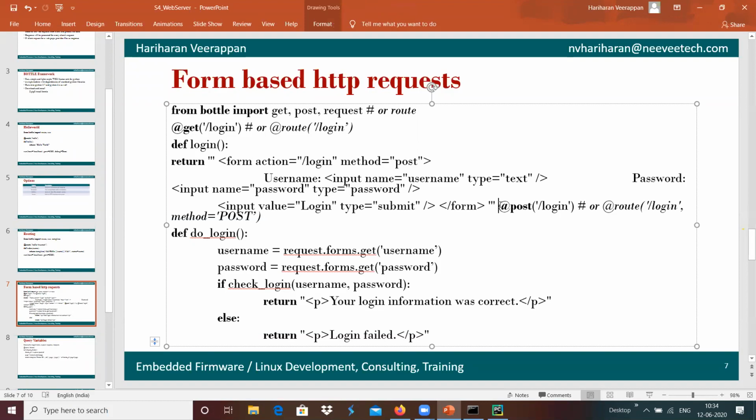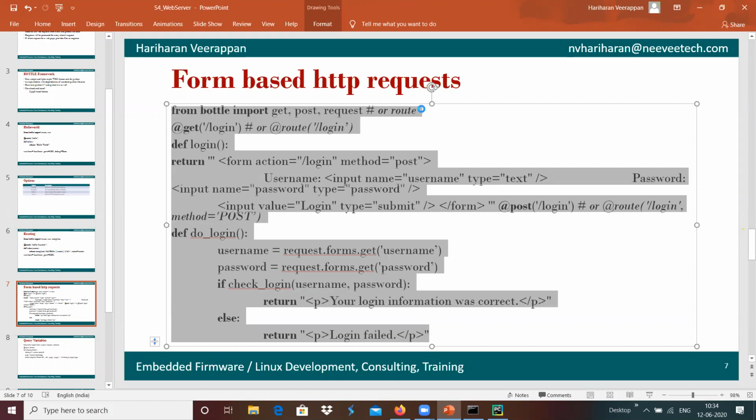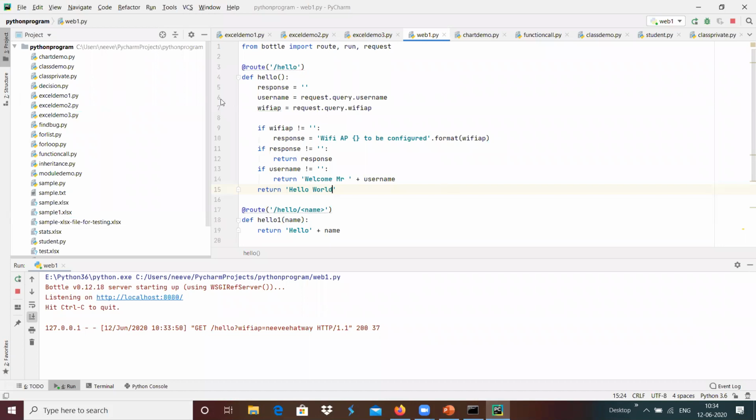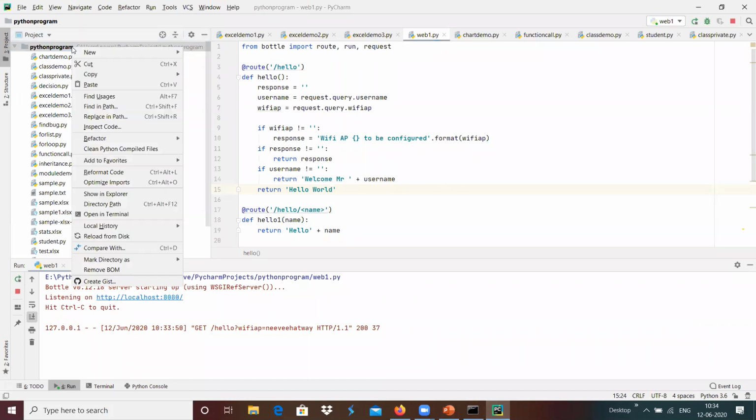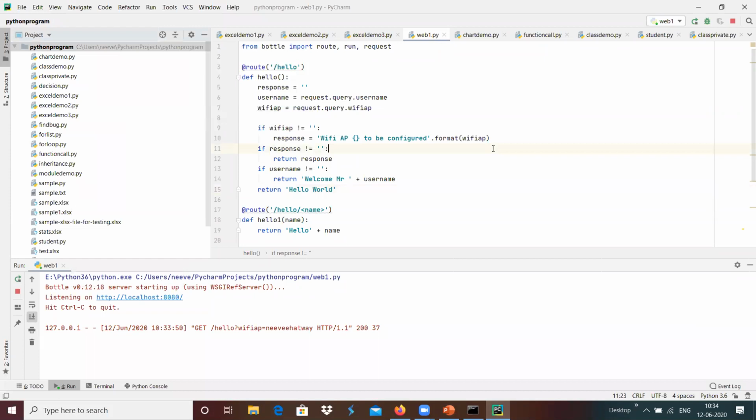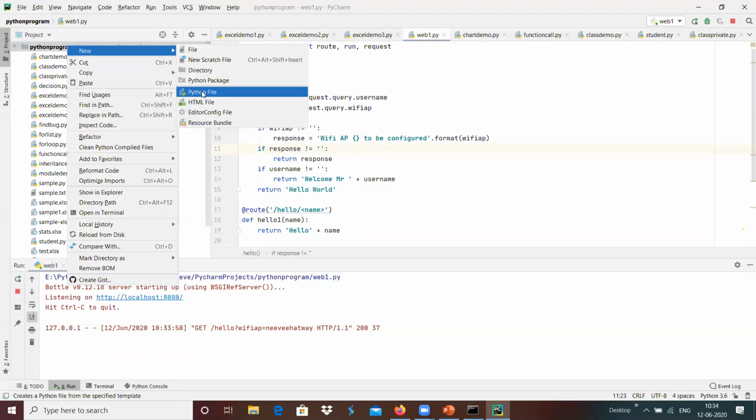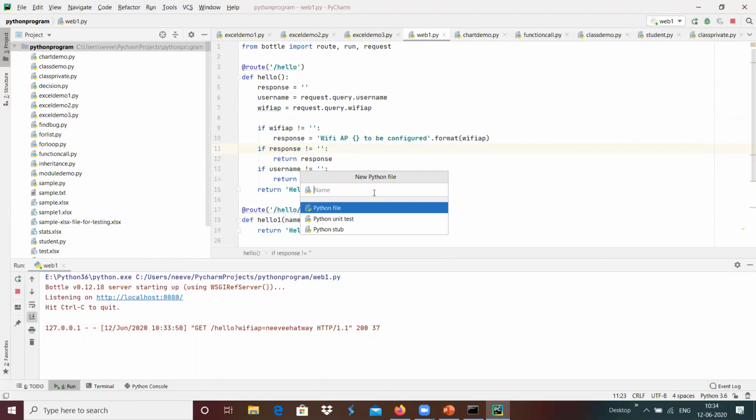Instead of typing everything, maybe I just wanted to copy it, and we shall see it line by line. I'm going to create a new one. Maybe I can type it while explaining, so that will be easier.